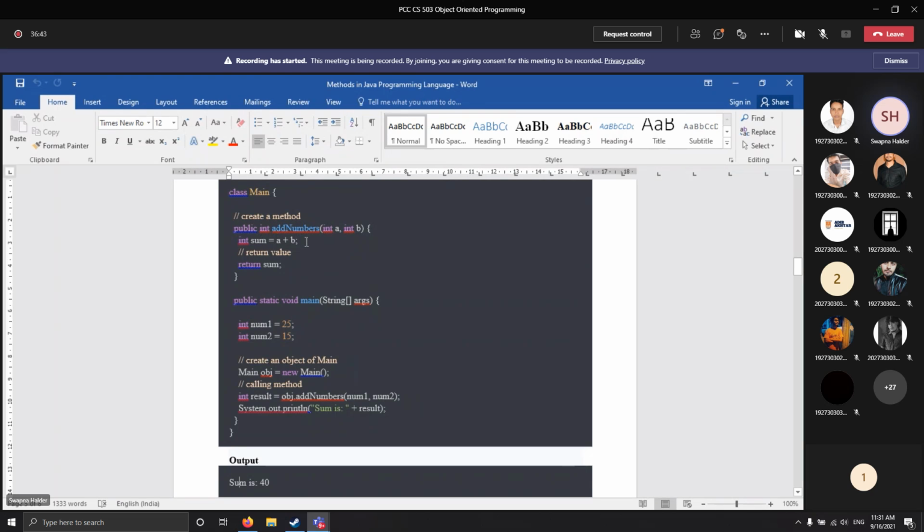Whatever be the syntax of the method, whatever be the body of that method, irrespective of that, we are accessing this method within the same class in the void main. But we are accessing this method by creating the object of this main class. But now my question is, in the public static void main, let's just look at this. In this line, if I just write down